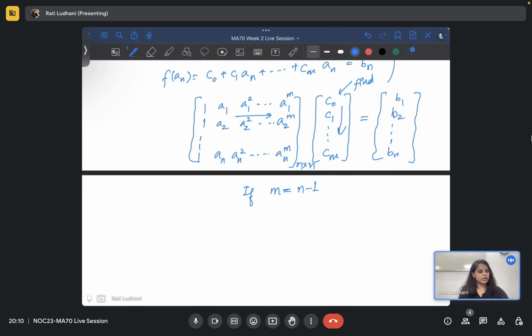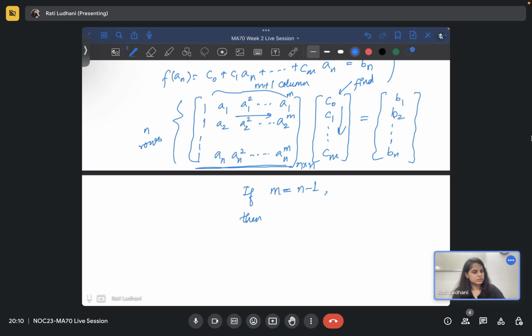Because you have m plus 1 columns and there are n rows. So if m is equal to n minus 1, if I pick this, then